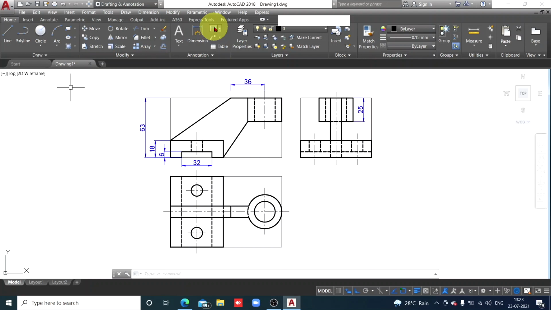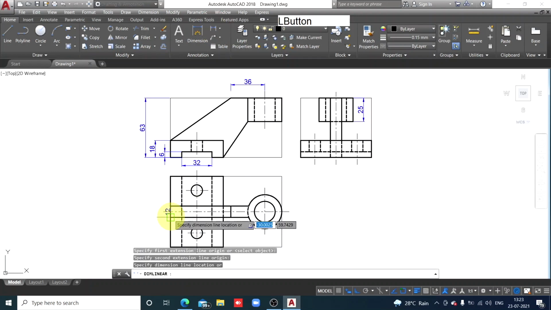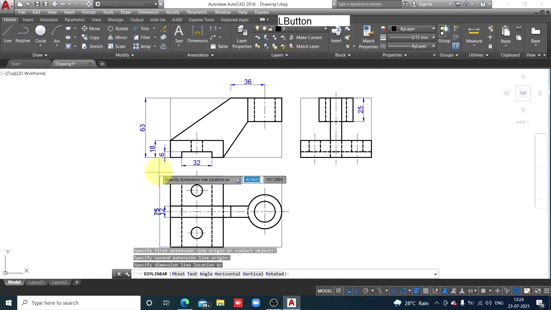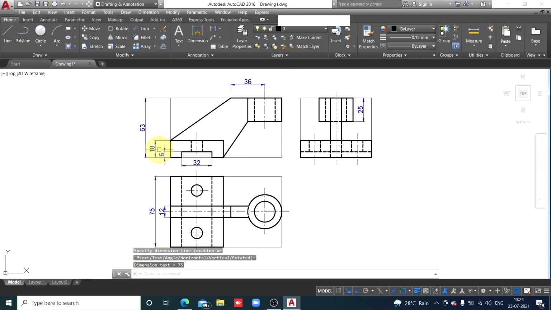Now, it's very easy to insert dimensions. Smaller dimensions first. So, 12 millimeters. And to align it with 6 millimeters, click at that midpoint. So here the dimension will get set up collinear with that 6 millimeters. Check once again what I am saying. Overall dimensions, check. Just take the cursor to the midpoint of that 18 millimeter dimension. When you have taken the cursor to the midpoint, the computer will tell you by showing that triangle there. Click. So 75 millimeters is aligned with that 18 millimeter.